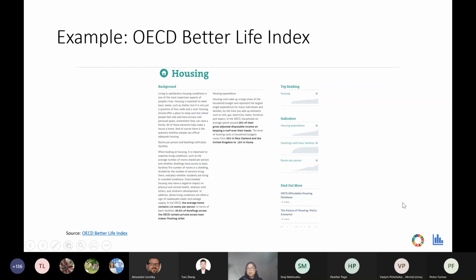So this is an example from the OECD Better Life Index. And then you can see the authors use some visual cues to highlight their results of data analysis at the very end of their paragraphs. I would say this is not effective data communicating, not only because the key messages are put in the end of the paragraphs, but also there is no insight. There's no key message whatsoever. This is just a description of their data analysis results. It's very similar to the soulless infographics that we saw at the beginning of this presentation.